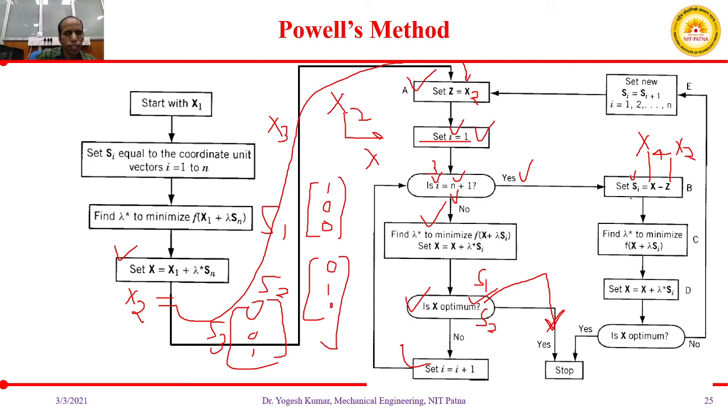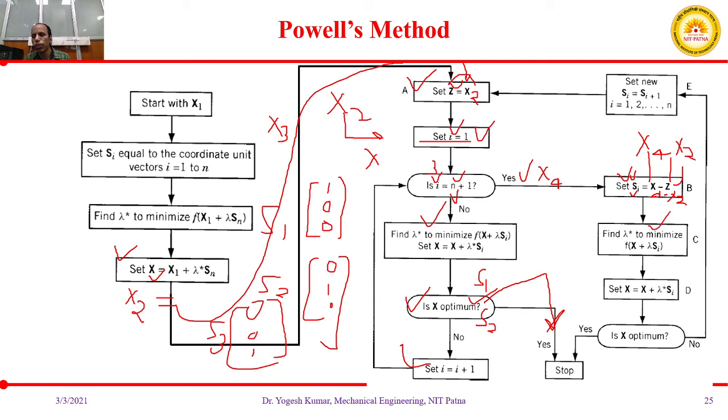Only 5 minutes are left, so let me finish this discussion quickly, then we can have questions. Okay, so you have a new set of search directions. Si will be x4, because this is your current set of values. This is now x4. And what is the value of z? You got Z from here, so this was x1 plus lambda Sn, so this was basically x2. So x2 has been assigned to Z. Now your search direction will be Si equal to x4 minus x2.